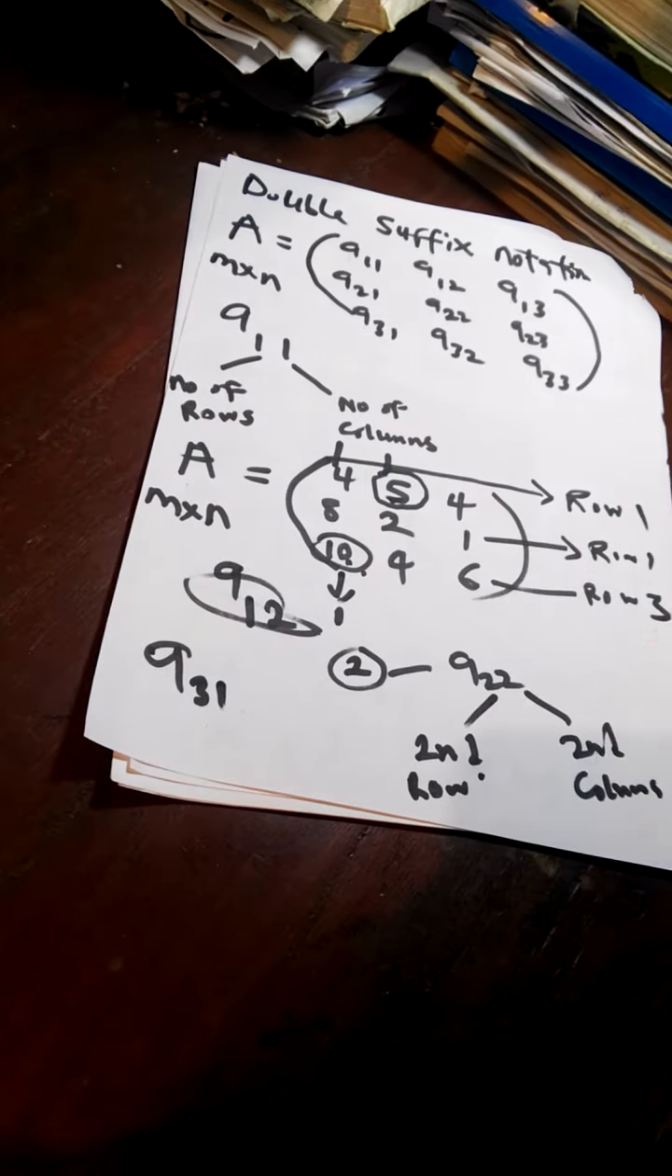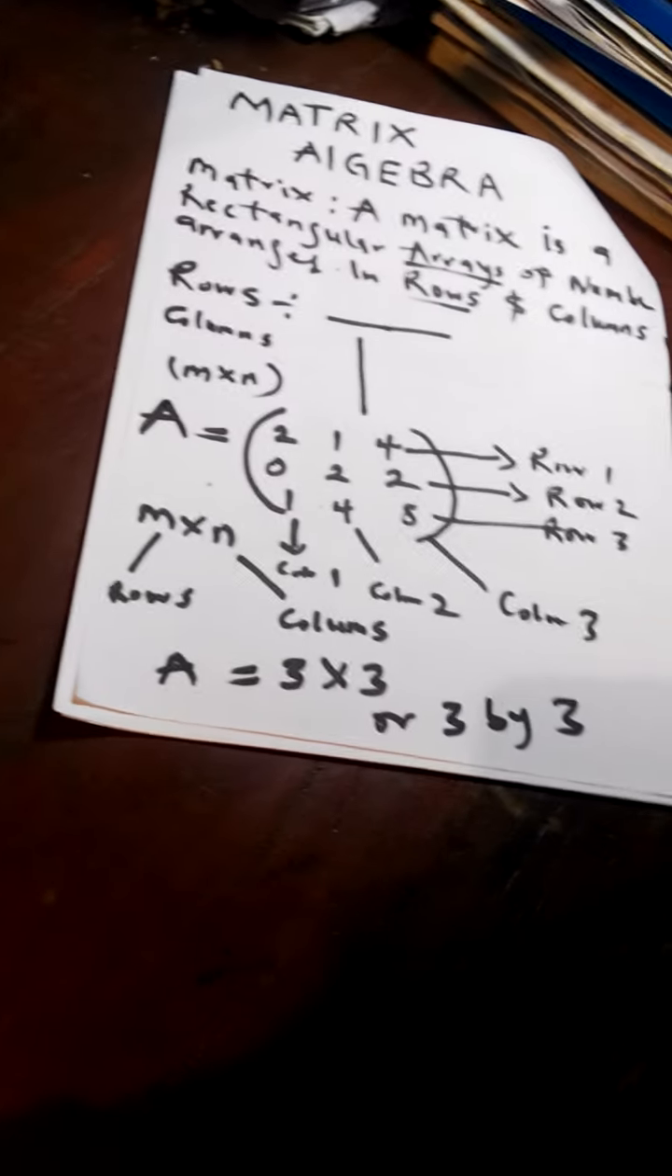Okay, now we move on to how to find the order of a matrix. Let me give you an example. Now you tell me the order of this matrix. I represent it by A. Now you tell me the order of this matrix: 1, 4,